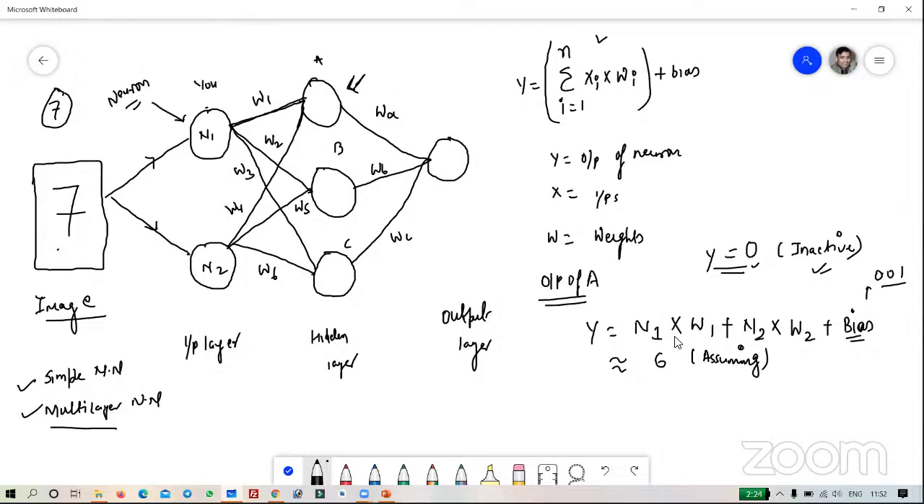So this is the rule use of bias. Now here I got the output as 6. After this also there is one more thing. Now this will not be your final output. The final output will be